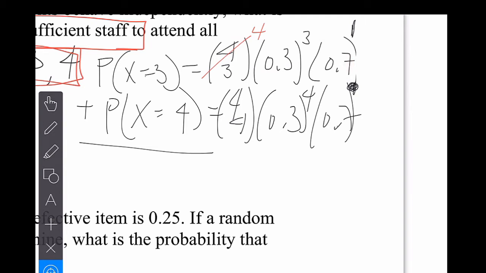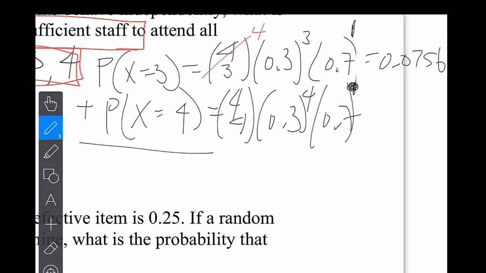If I punch that into my calculator, so you should use brackets if you're going to try and get my answers. 0.3 y to the x 3 times 0.7 times 4. So this is going to be 0.0756, and the other one,